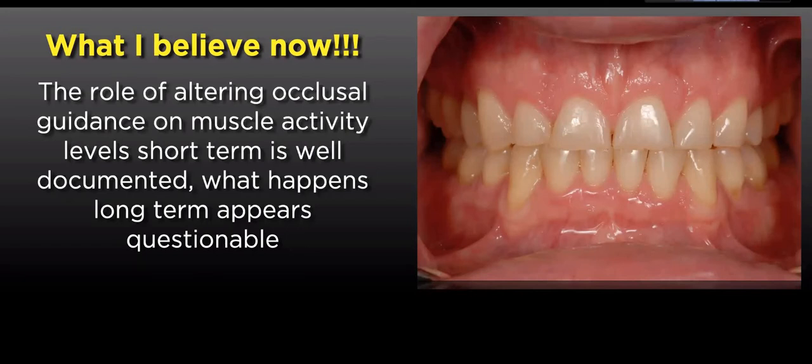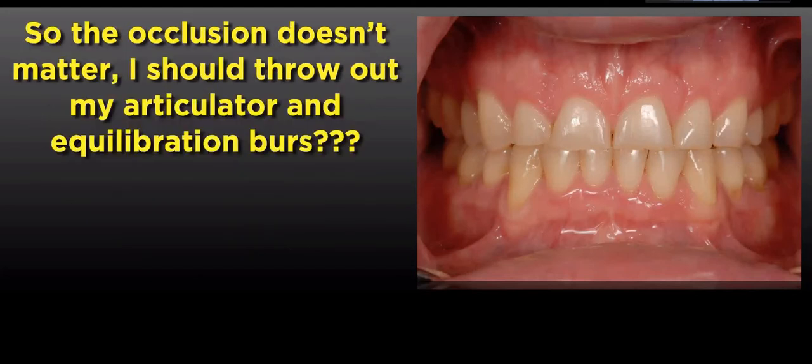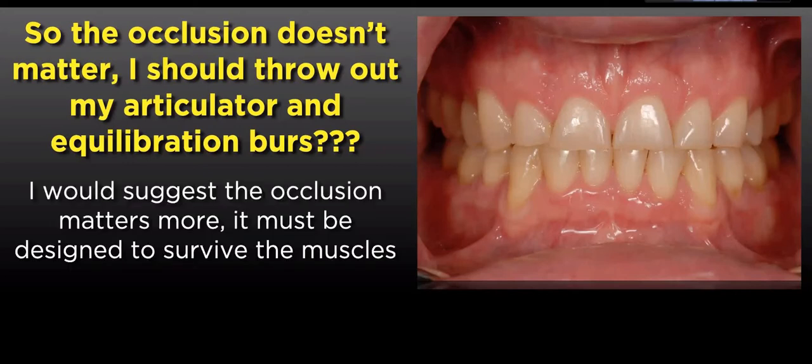So what I hear people say is, well, if the occlusion doesn't control muscles, then occlusion doesn't really matter. I should just throw away my articulator and equilibration and everything else. And I look at it completely differently. To me, I think the occlusion matters more. Because if you can't control the muscles, then what you have to do is design an occlusion that survives the